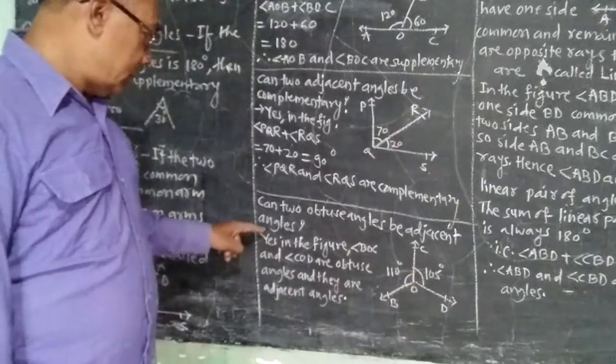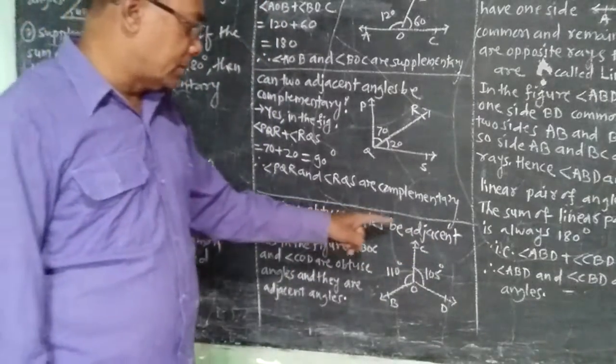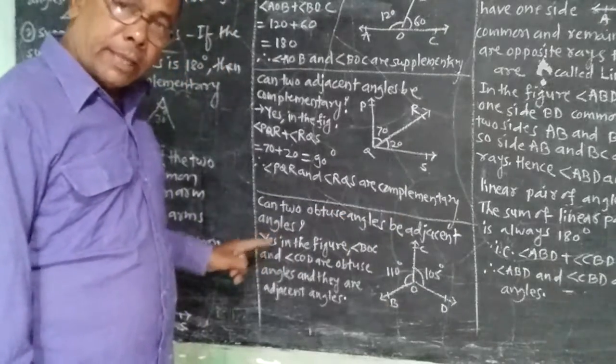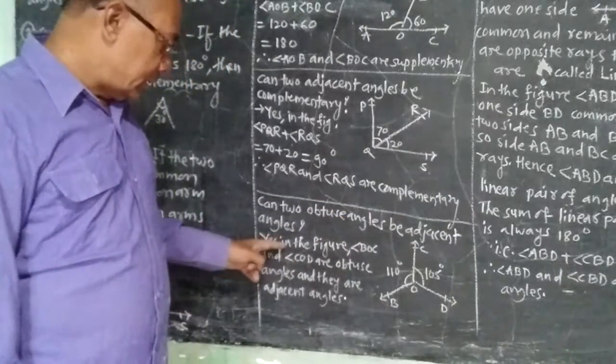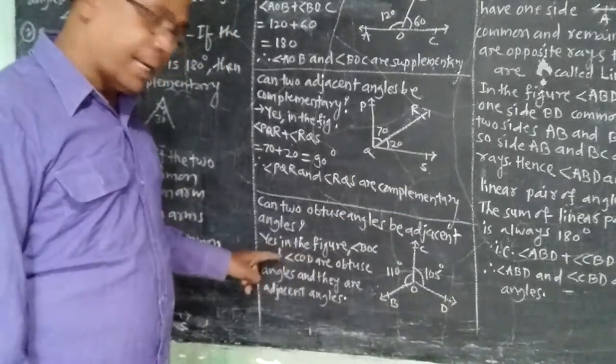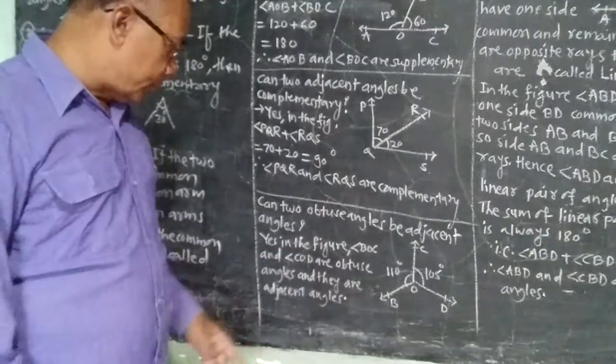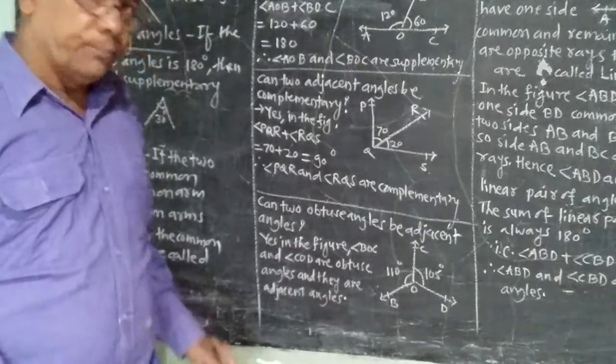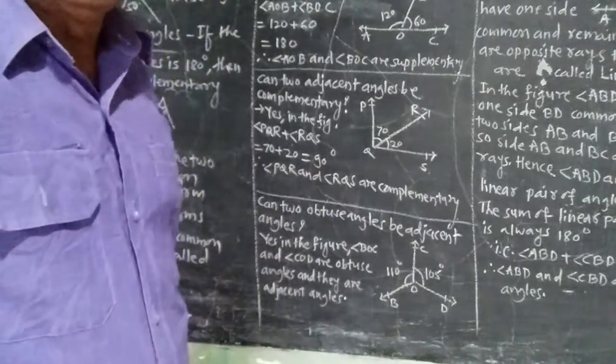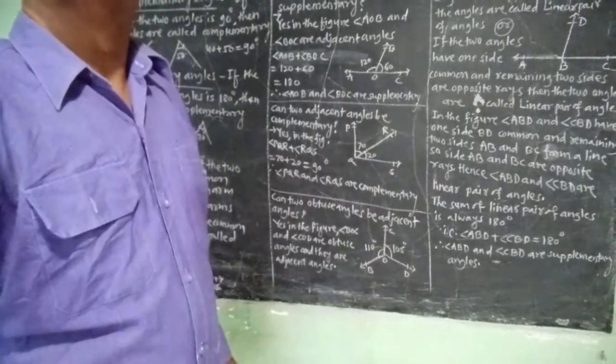So, can two obtuse angles be adjacent angles? The answer is yes. In the figure, angle BOC and angle COD are obtuse angles and they are adjacent angles. Now here